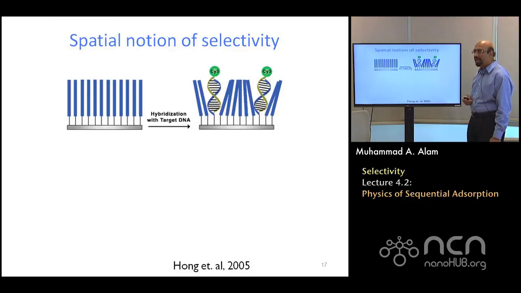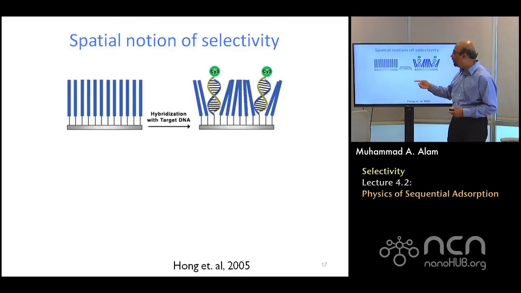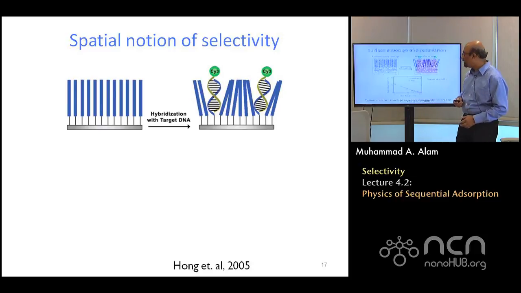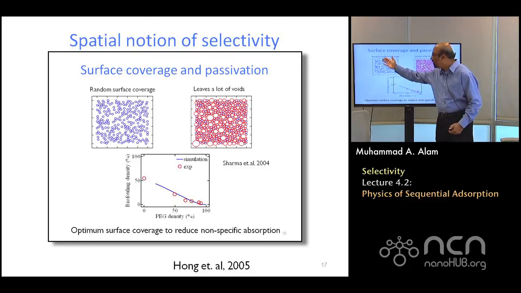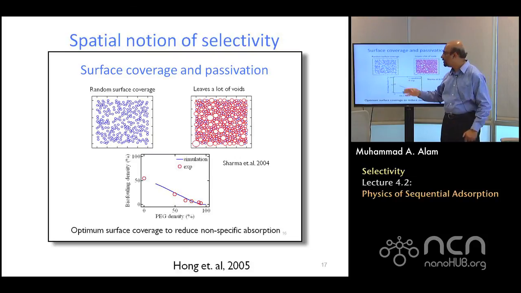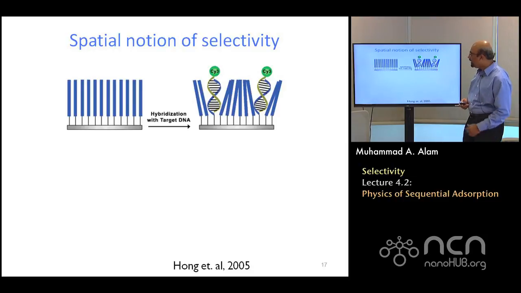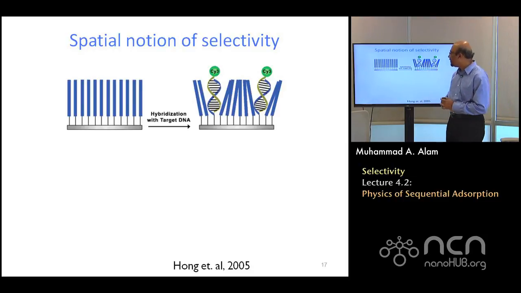And it turns out that that's why one often puts a lot of small molecules. Maybe I step back here. So once you have decorated with the receptor molecules, you can then put lots of small molecules. It's like covering the whole surface with grass so that the parasitic molecules cannot sit in between. And that is often done in order to improve selectivity and reduce this parasitic binding. So this is one way of doing this.